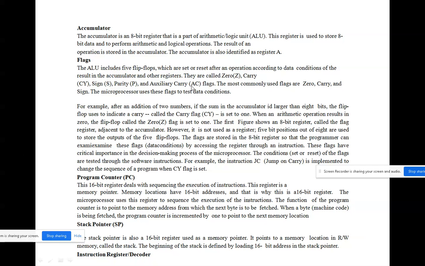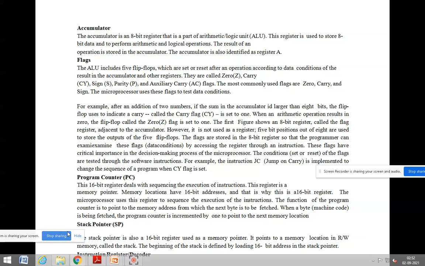So these are the flag register bits. They have given an example for that, where everything I said will be given. Then the program counter. Program counter and stack pointer are 16-bit registers available in the 8085 microprocessor. The program counter is a 16-bit register which holds the address of the next instruction which has to be executed in the processor. So storing the address of the next instruction is the work of the program counter.